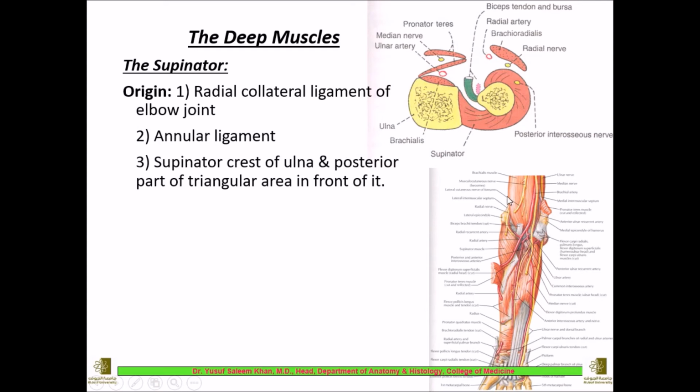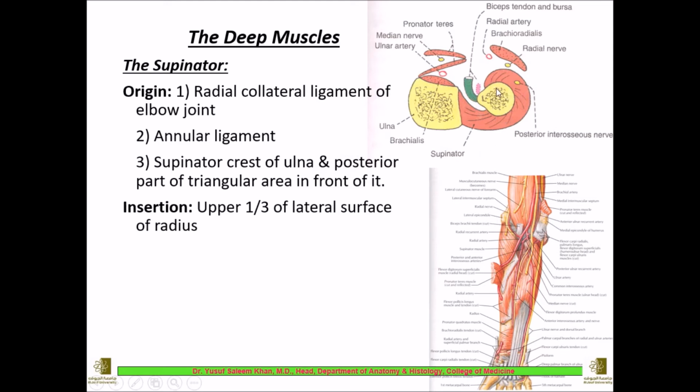Okay, so it will be taking origin from the triangular part here. This is the triangular part between the radius and the ulna. So it will be the posterior part of the triangular area in front of the supinator crest. There will be a small crest here, that is called the supinator crest, and behind that will be the triangular area, which will be on the lateral side of the ulna. So this will be taking origin from the triangular area which is on the lateral side of the ulna, and this muscle will run behind the